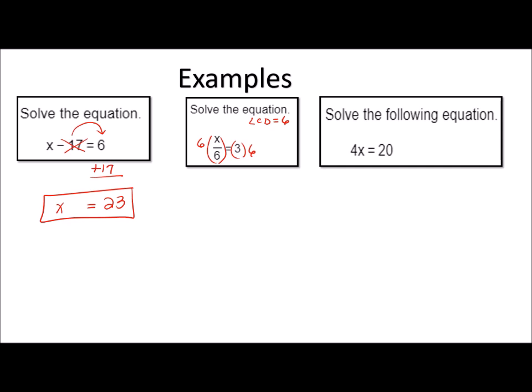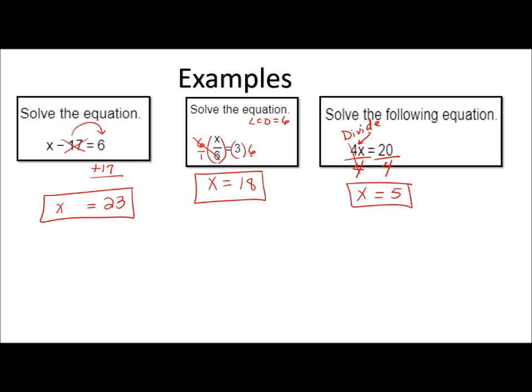Use the positive 6. Now, if you recall, 6 is a whole number, 6 over 1. Now you can see the 6 at the top and the 6 at the bottom, which cross-cancel. That will leave 1 times x, which is x, and 3 times 6, which is 18. That's the solution. And in this third example, you have to get rid of the 4. You always will eliminate the coefficient by dividing by that number in front of x. When I divide, you'll notice I put a fraction bar that symbolizes division, and it leaves us x equals 5